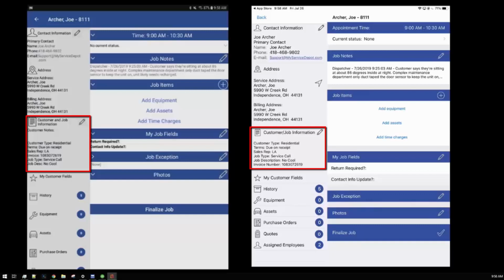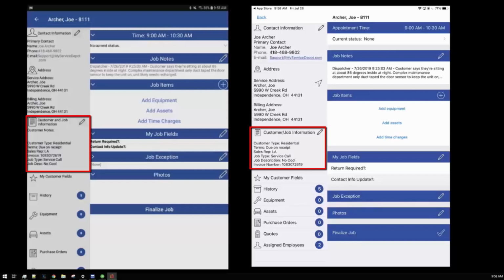If there is something there, though, then there's probably something important going on with that customer, something we need to let you know about. Hey, watch out for the scary dog. Hey, this guy writes bad checks, so only take cash, if anything. So if you have a note there, you probably want to take a look at that and see what that note is all about. We have a pencil symbol next to that one, of course,